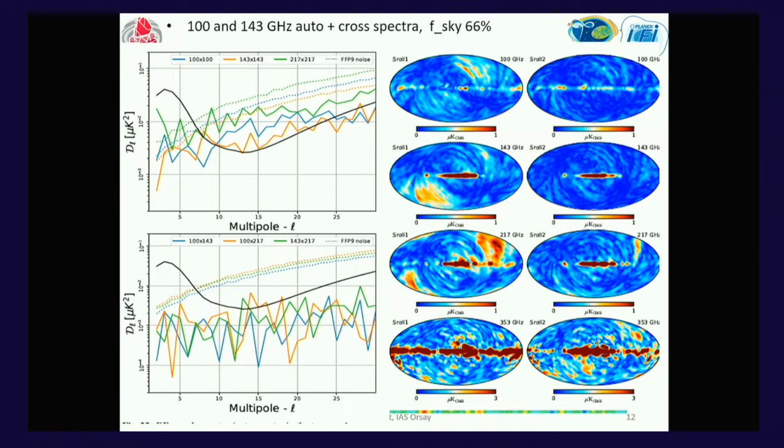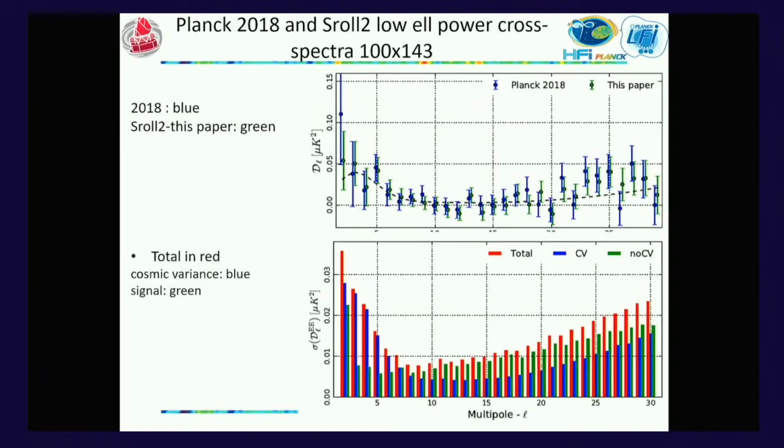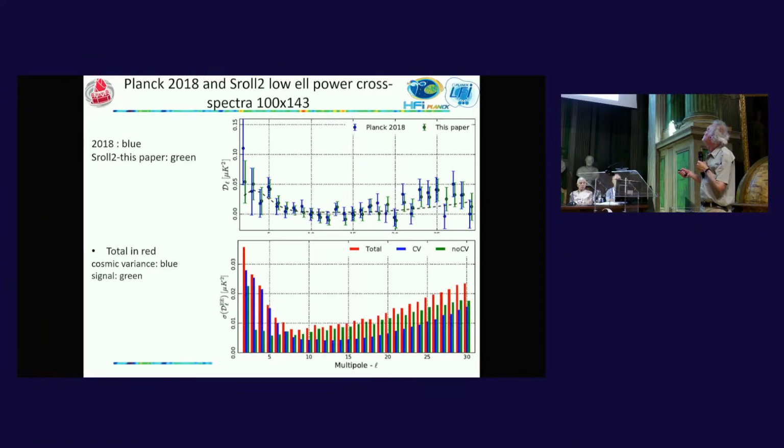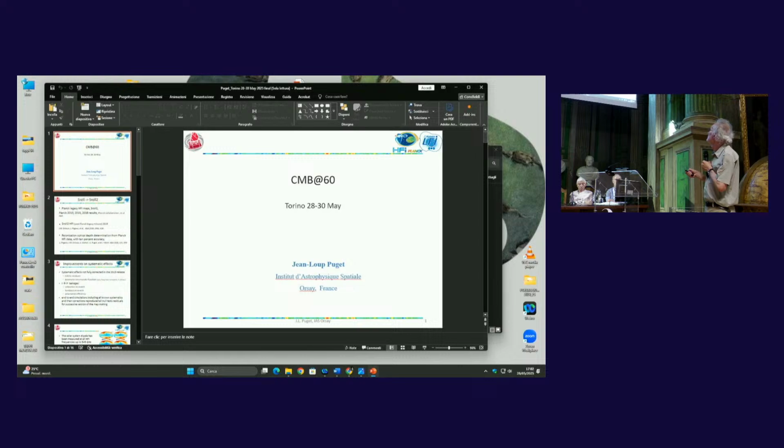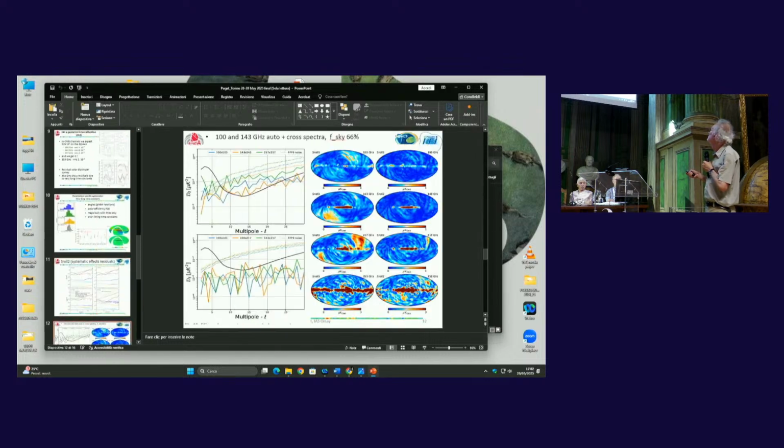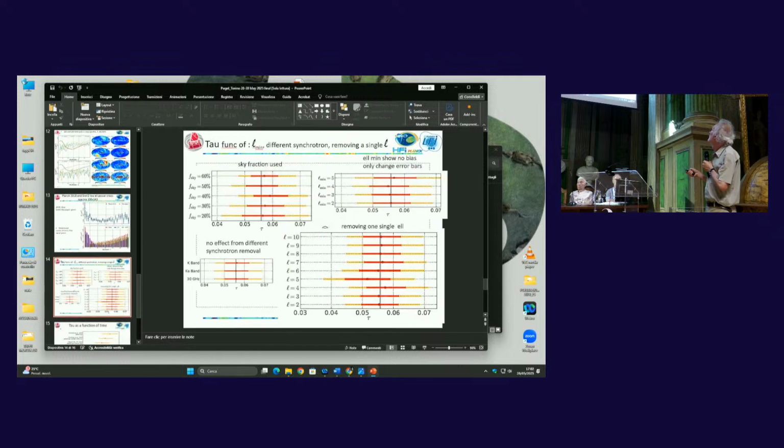If you do cross spectrum, you gain basically almost an order of magnitude for the noise, and so that's threshold 1 and threshold 2, where you can see very